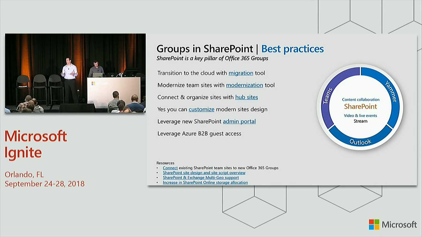So this is a great way to get insight into the sites that are connected across your groups. There's a few links here around connecting SharePoint team sites to Office 365 groups. We've done a lot of work over the past year to deliver on a key scenario for our users where they have an existing SharePoint site that has a lot of rich content, and they want to use that as a starting point for their Office 365 groups. Now you can take that site and upgrade it into an Office 365 group. We'll show that in a minute.